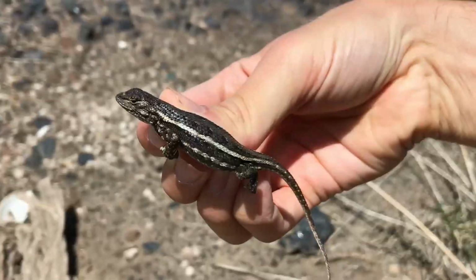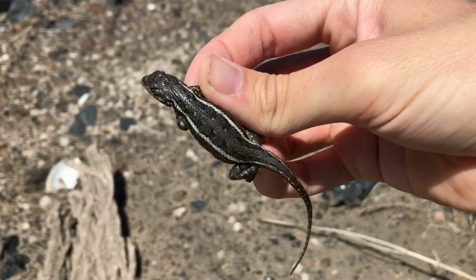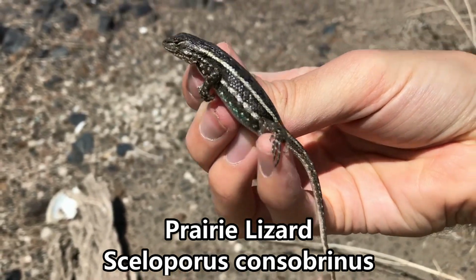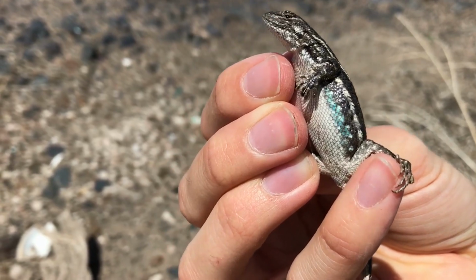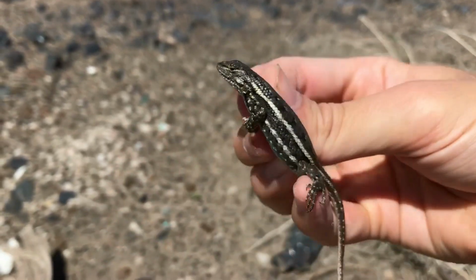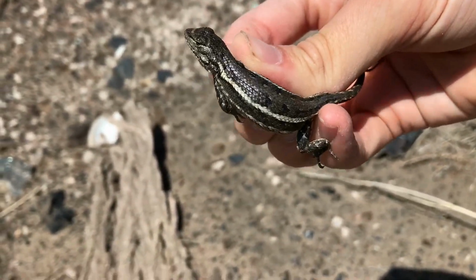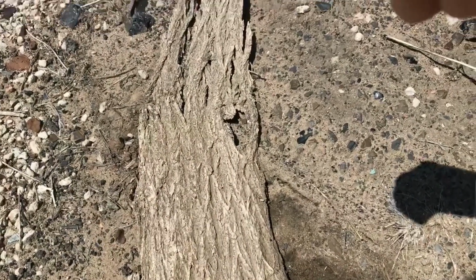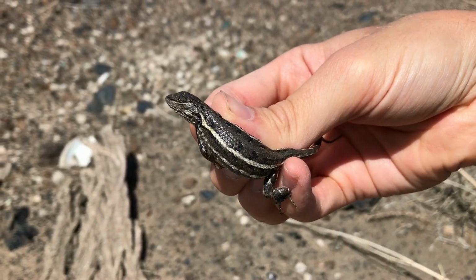And he's gone. And here we have a young, I think gravid female, prairie lizard. These guys are quite common out here. See just a little bit of blue on her, whereas the males will get these brilliant cerulean colors. Fat and happy, doing well underneath the pieces of bark out here. So we'll just let her be on her way soon. Unfortunate that half these rocks I can't flip, but...